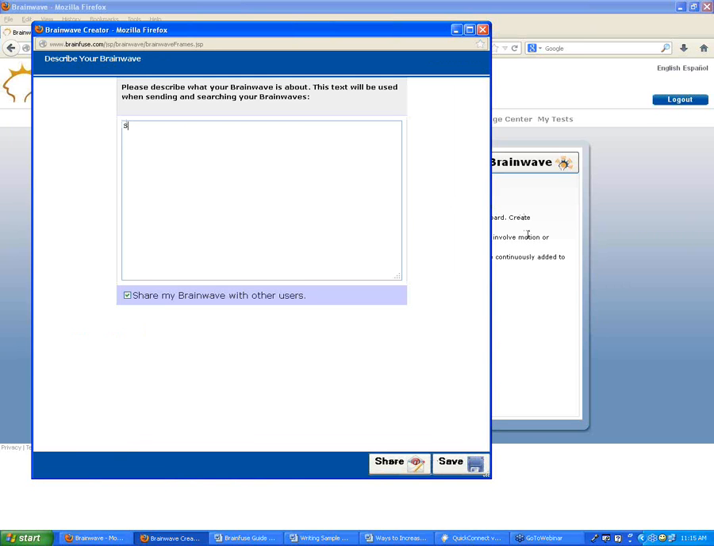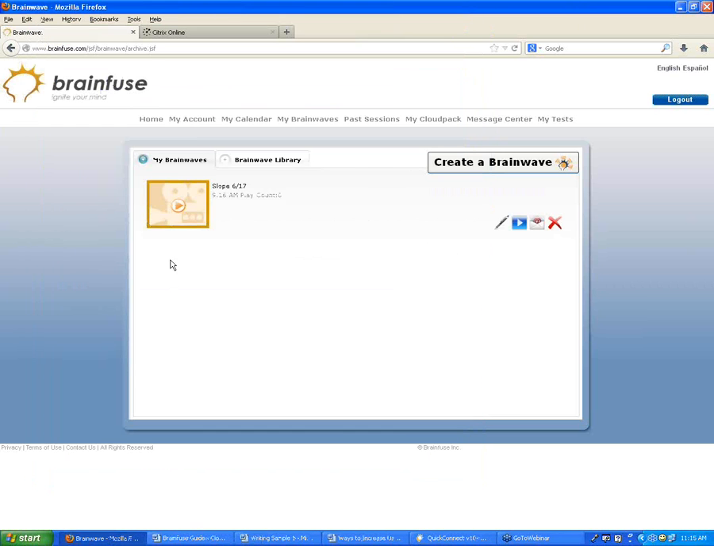I put in the description of the Brainwave, call it slope 617, and then click on Save. So now I'll have this Brainwave saved right here on my Brainwaves page. I can click on the play button to replay it, or you can click on the envelope icon over here to enter somebody's email address and send them, it'll be sent as a link they can click on and then